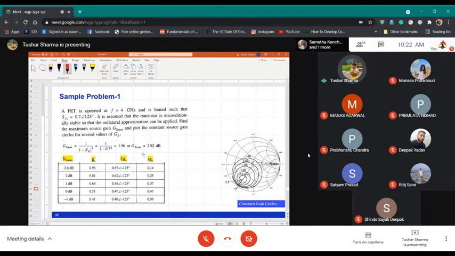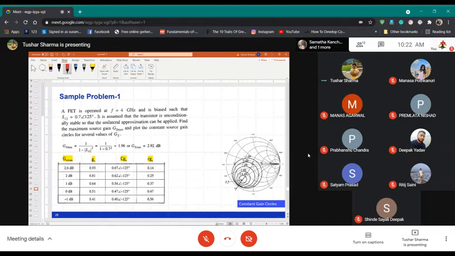Now, this GS max, how do we locate it? It's nothing but S11 conjugate. So now what will S11 conjugate be? 0.1 angle minus 125. So 90 is this, minus 90 is this, this is minus 125. 0.7. How do you mark 0.7? Again, on the bottom of the Smith chart, there is a scale. Put 0.7 and mark this. So this point is where my S11 conjugate is.